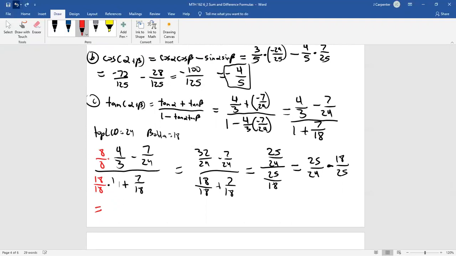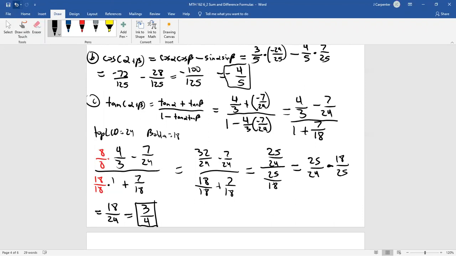Oops, wrong color. But 6 will go into both of those. 6 will go into 18 3 times. 6 will go into 24 4 times. And amazingly enough, you get another super simple answer of 3/4. Wow, my 3s are awful today. There we go. No one probably would have predicted that answer was so simple, except for the fact that the